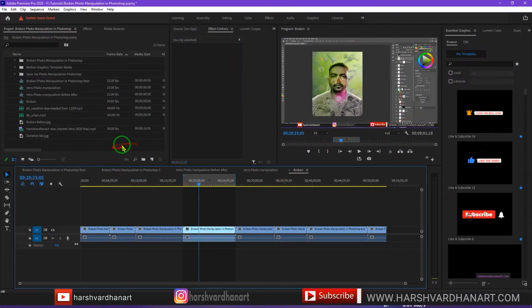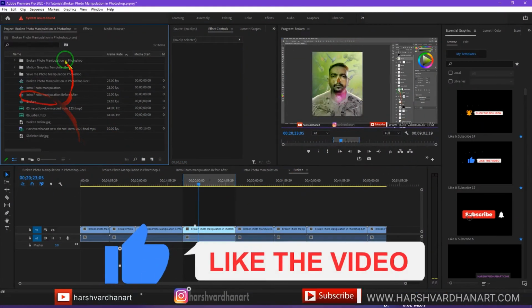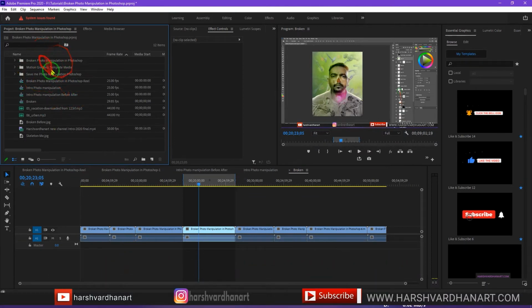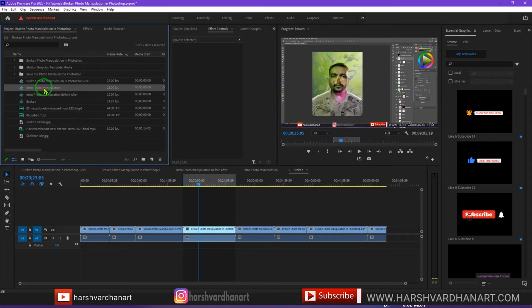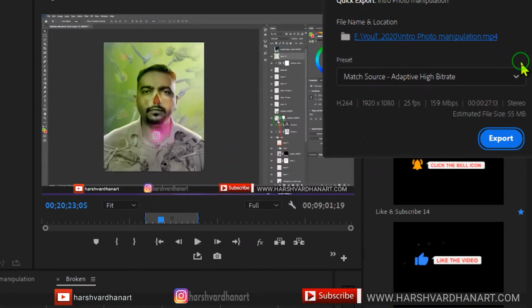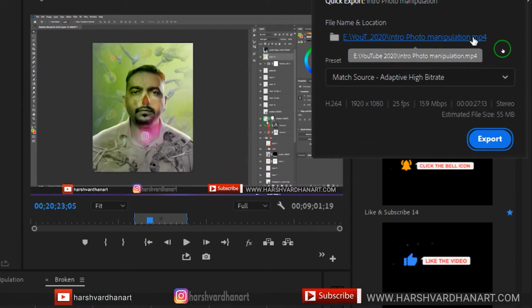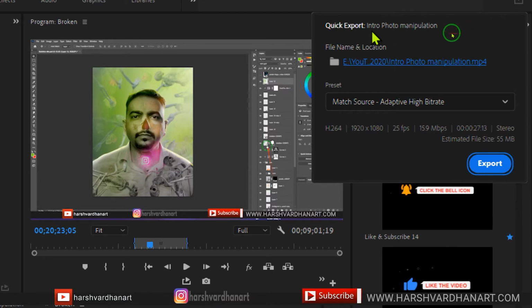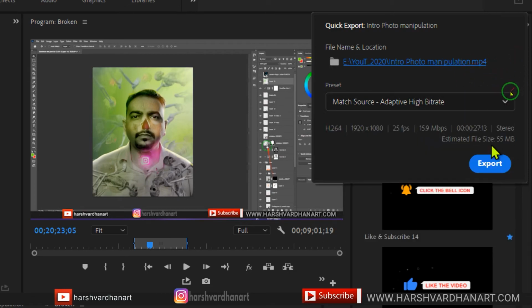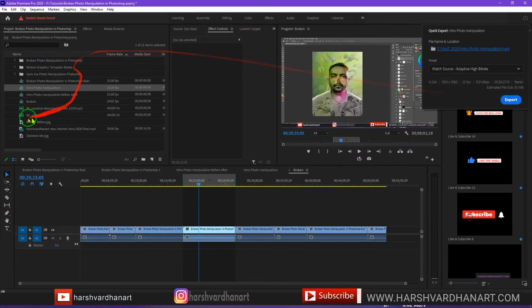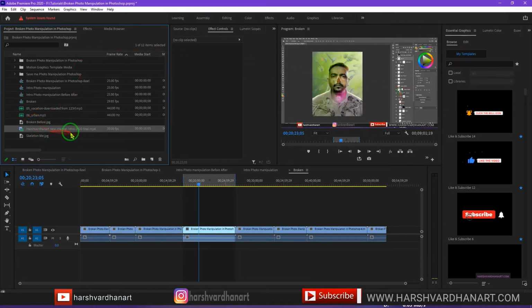Now the quick export also allows you to export from anywhere, or from any panel, like the Project panel. If you select the Project panel, and select this sequence, and press this button once again, now you can see it shows the MP4. So this is not a project, this is the sequence, and it shows all these details. You can choose other options right from here, and it shows you the file size, and you can press Export.